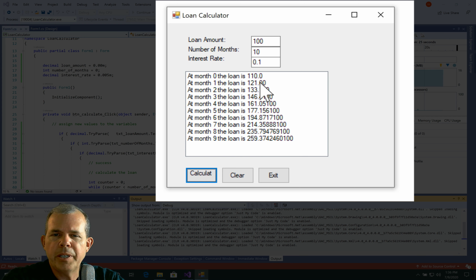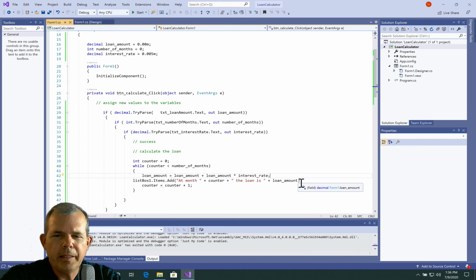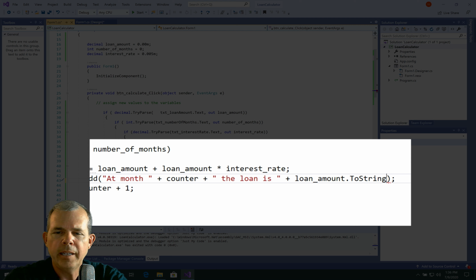Now we've got some other issues here, like the formatting is kind of strange, all these decimal numbers out here, and the clear button and the exit button don't work, and then I also don't have a summary at the bottom. So I'm going to fix that up next. So let's go back into the code, and the loan amount I can change to a simple fix. I'm going to use two strings. So I'm going to put a .toString at the end,